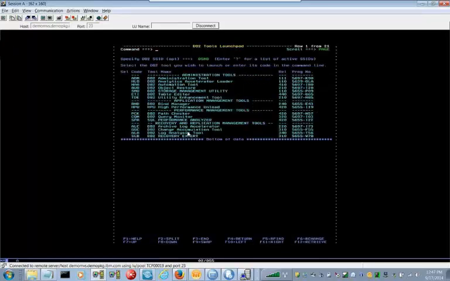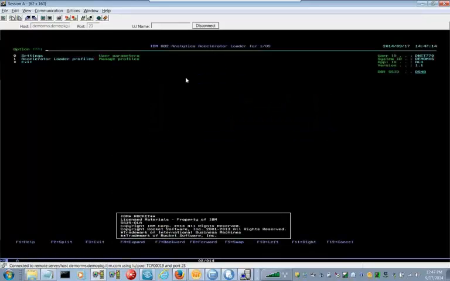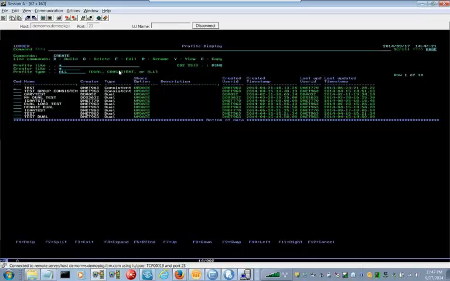And you'll see there's an option in my panel here. It says HLO, DB2 Analytics Accelerator Loader. So if I choose HLO, it brings me to the set of panels that are for the loader. And if I go into option 1, which is my profiles, if I now look at IDAA test,